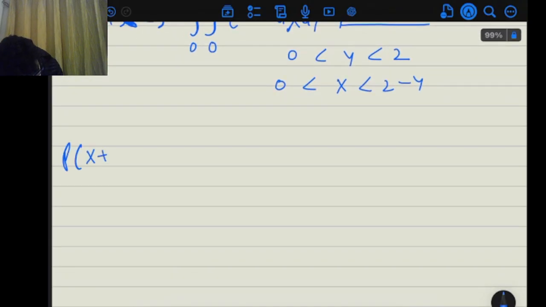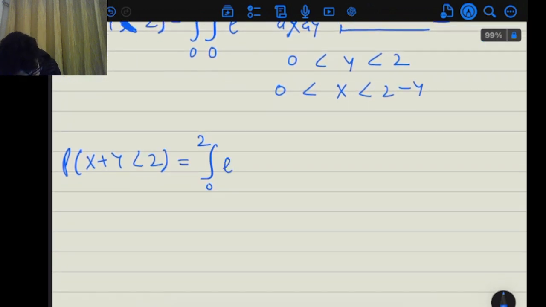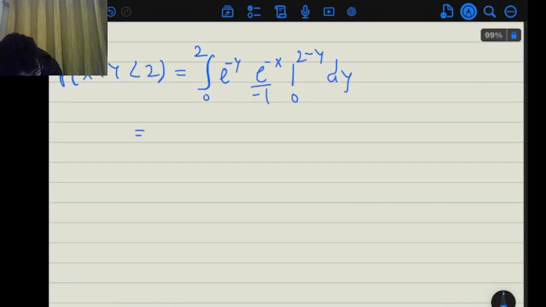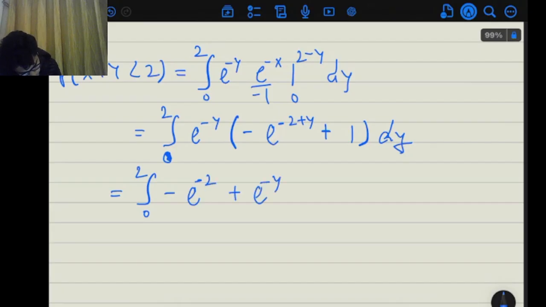So this becomes 0 to 2 of e to the power minus y times negative e to the power minus x, from 0 to 2 minus y, dy, and this becomes 0 to 2 of e to the power minus y and negative e to the power minus 2 plus y, positive 1, dy, and this again becomes 0 to 2 of negative e to the power, now minus y plus y becomes 0, negative e to the power minus 2 plus e to the power minus y dy, is equal to, wait a minute,